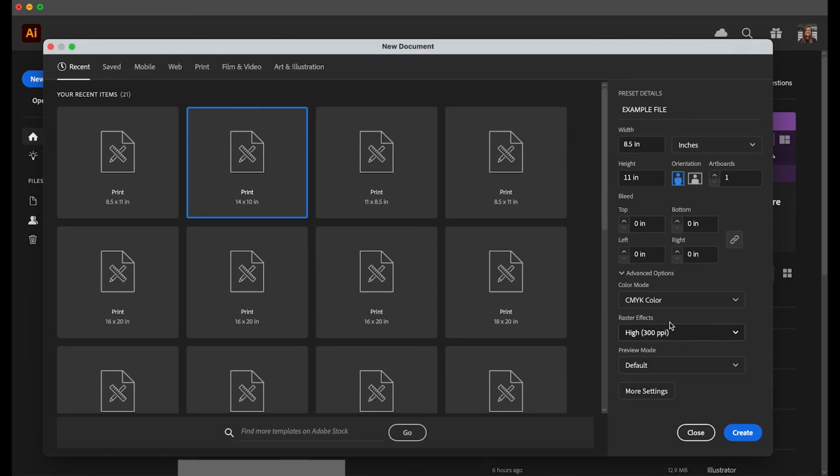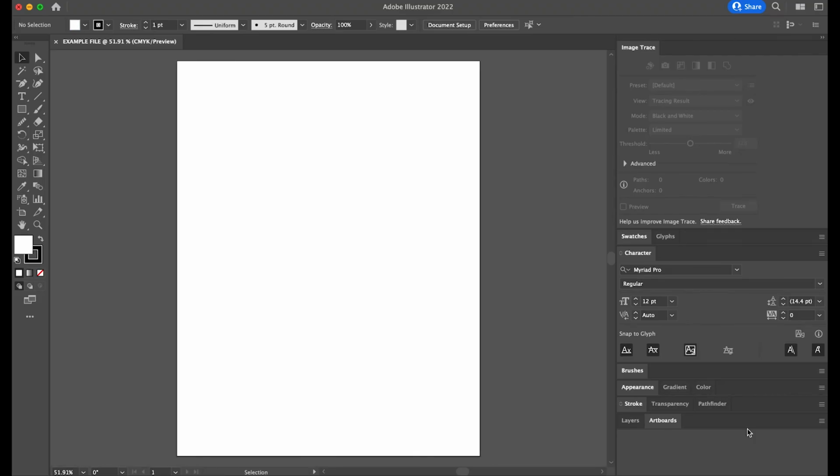And everything else you can pretty much leave the same, just starting off, and then we click create to create our document. And this is what opens up. So as you can see, I have my 8.5 piece of paper and it is in